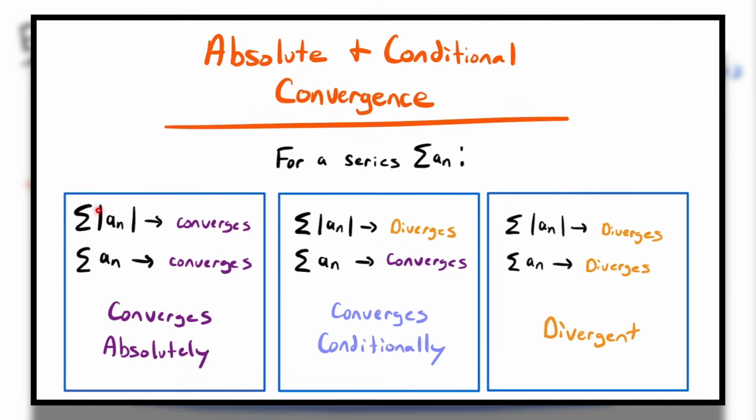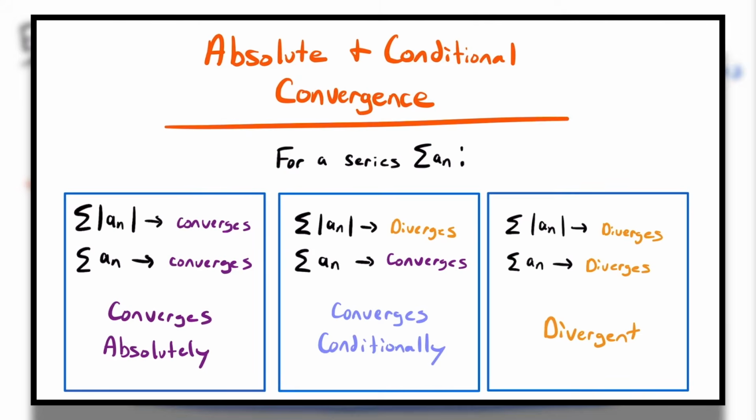And so if the series for the absolute value of a sub n converges, your series is absolutely convergent. But if that series diverges instead, you will then also need to check the convergence of the original series to determine if it is conditionally convergent or just flat out divergent. Okay, and so with that, let's look at a couple more examples of determining if a series is absolutely convergent